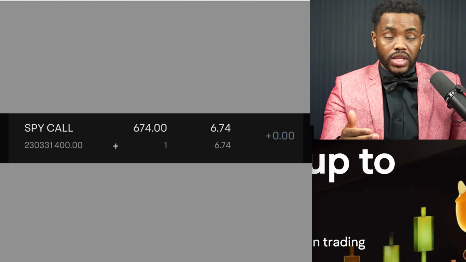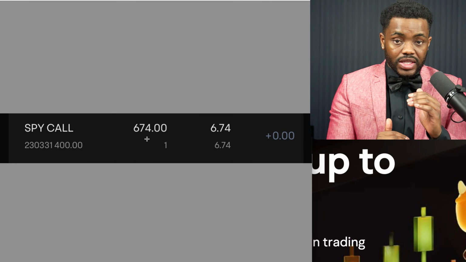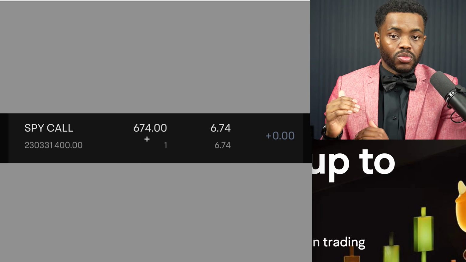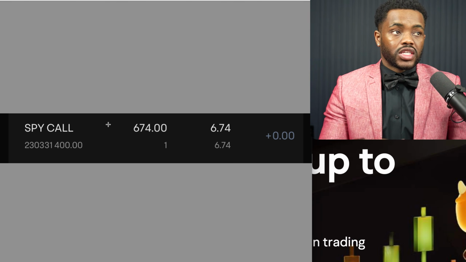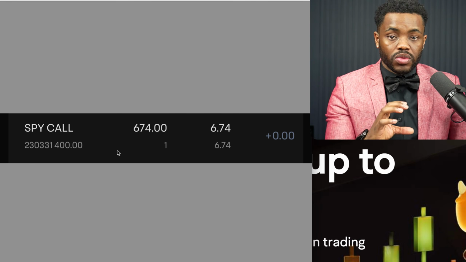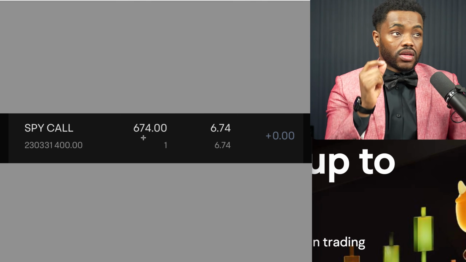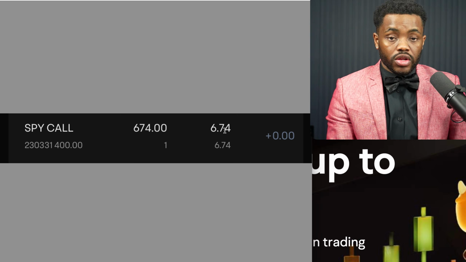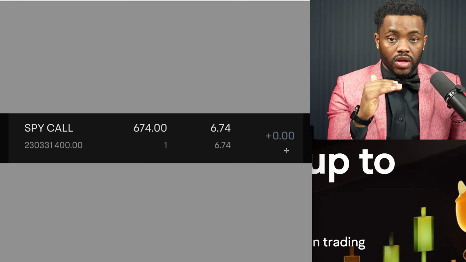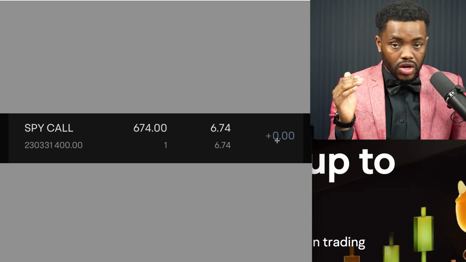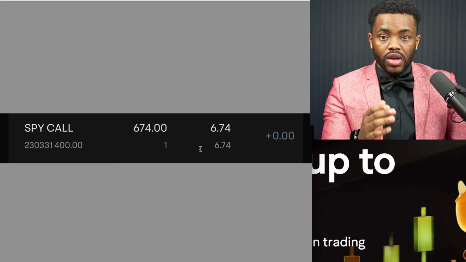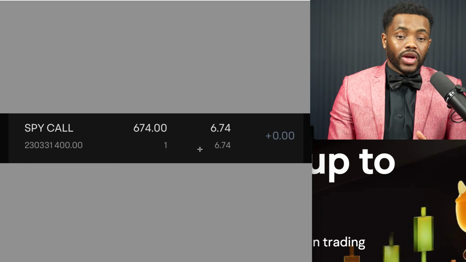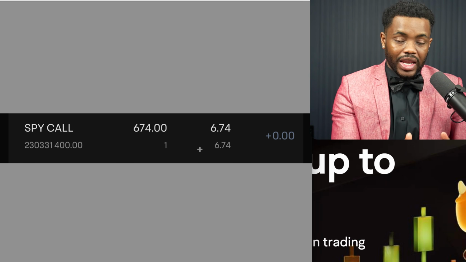And after I purchased it, when I go back and look at my assets on Moomoo, any stocks or any options that I own will all populate in the same area on the Moomoo app. So now that I see this, since I just picked it up, the execution price that I got it at was $6.74. And notice I bought it at $6.74. It's currently worth $6.74, so I am at break even. I'm not up on it. I'm not down on it. It's at 0.00. So now that I own it, I have to go and put a trailing stop loss on it